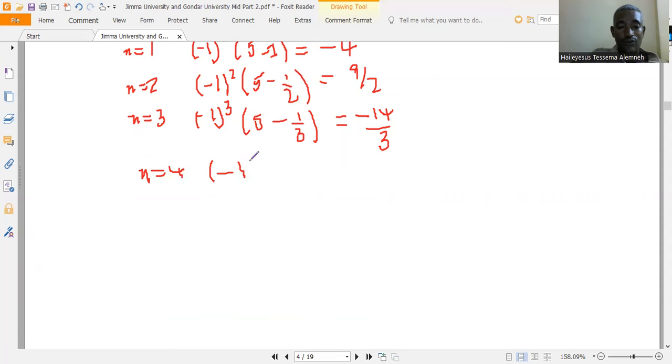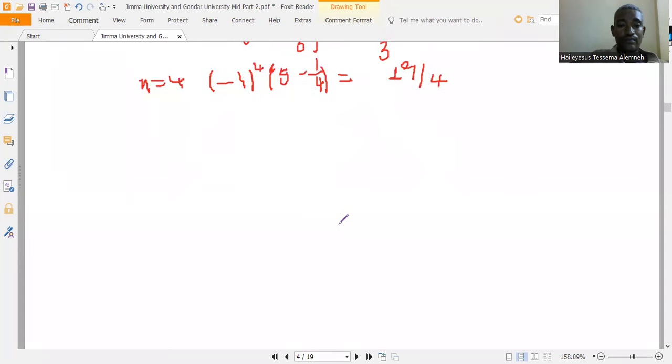minus 1 the power of 4 times 5 minus 1 over 4. Taking 4 as the common denominator, 4 times 5 is 20, minus 1 is 19, so it is 19 over 4. When n is equal to 5,